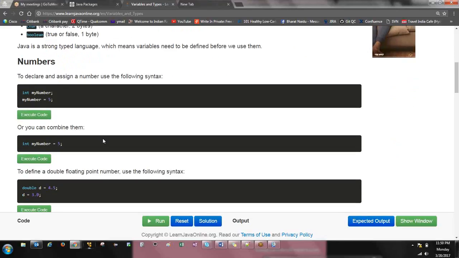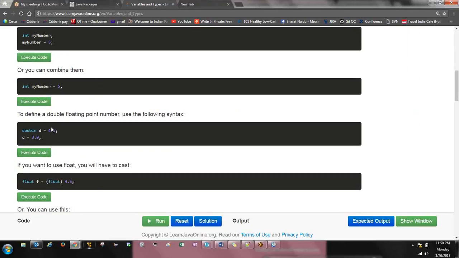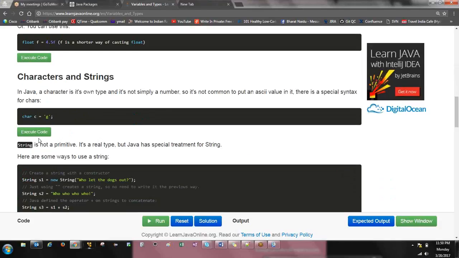Okay. I understand. So double is going to take 8 bytes, which means double D equal to 4.5. This will take up 8 bytes. Okay, double 3.0. It will take up 8 bytes. It can store only up to 8 bytes. It cannot store more than that. Okay, and then characters and